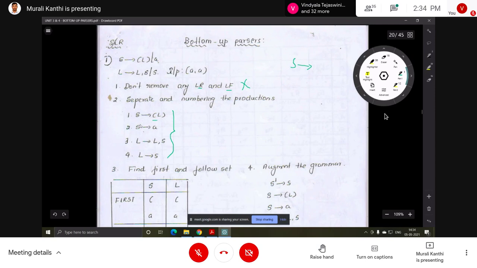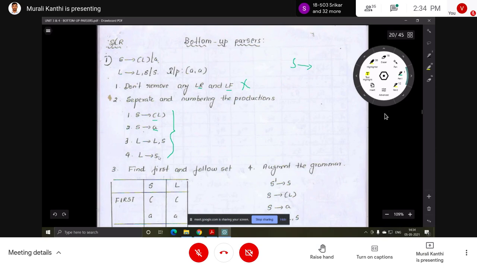If it is a terminal, add it directly to the set. Next, from the second production, the first symbol is also a terminal. Add that terminal to the set. So next, first of L. First of L, the first symbol is L. So L is a non-terminal. So go to the L production.